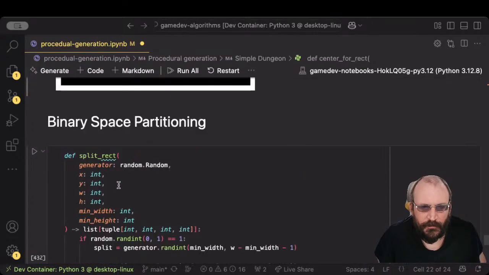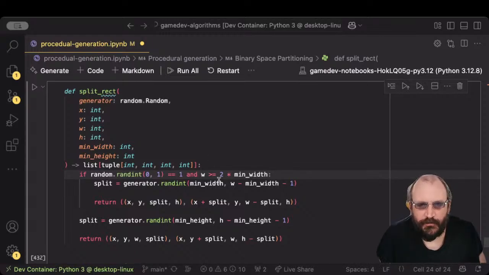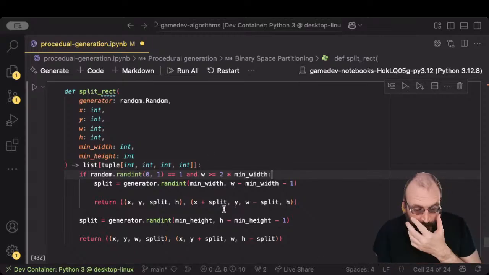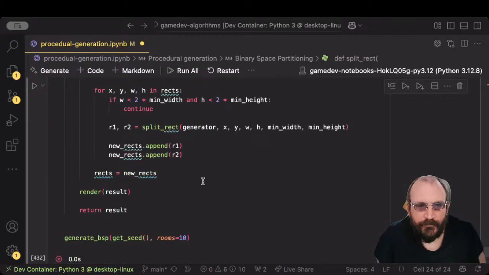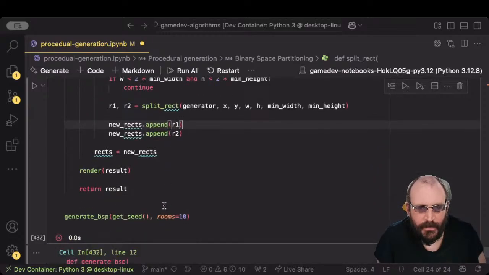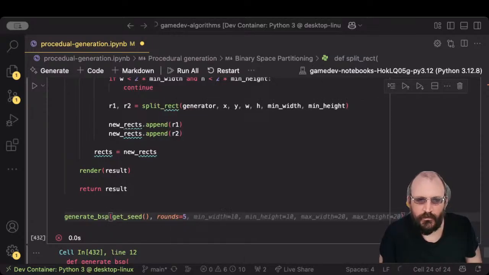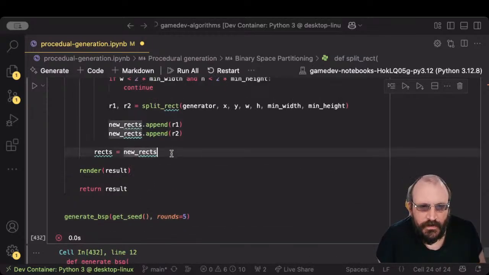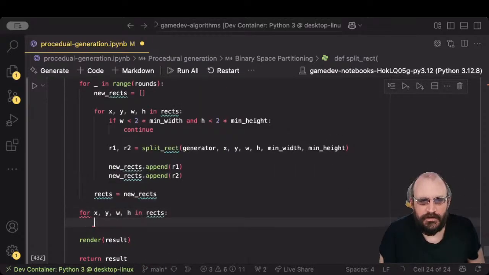If we can't subdivide, we'll continue, and part of this is randomly that, and the width is greater than twice the min width. Okay, so now we're going to divide down into rectangles for each round. And now create our rectangles. Then for each of these rectangles,